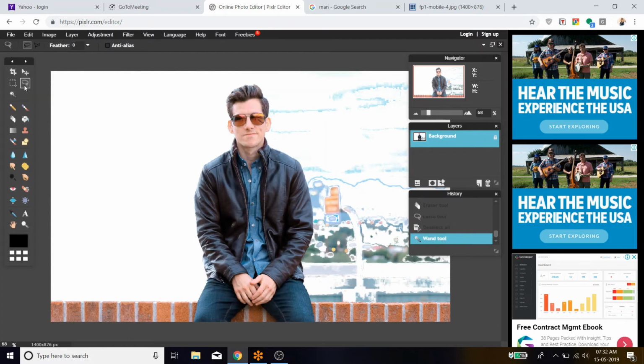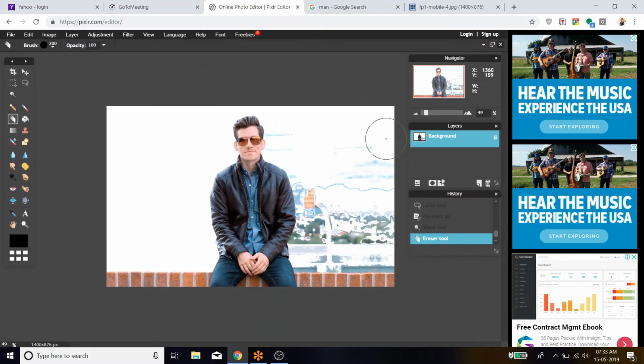Till now I have removed the left portion using our lasso polygonal tool and closed the circuit using the freehand tool. The right side we have removed using the wand tool, and the third option I was telling about is the eraser. So whatever you want to erase from this, you can erase it. You can erase like this.